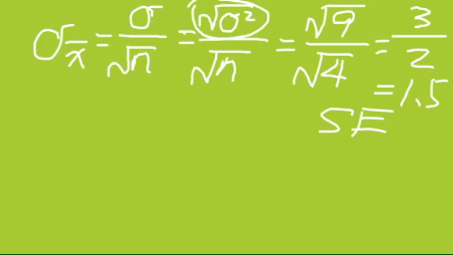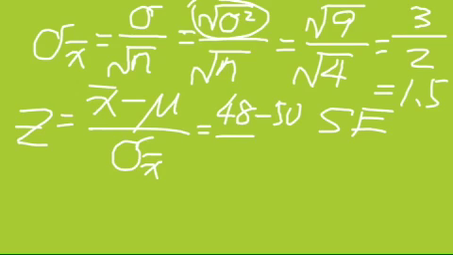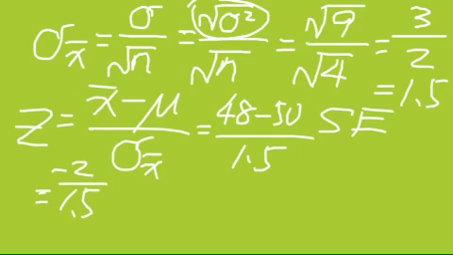And after that, we can use the z-score equation to get your z-score. It comes from the x bar minus the mu, divided by the standard error. We know that x bar is 48 and the mu is 50 and the standard error is 1.5. So you get minus 2 divided by 1.5. So you get minus 1.33. And if you check the table, you can find the p-value is